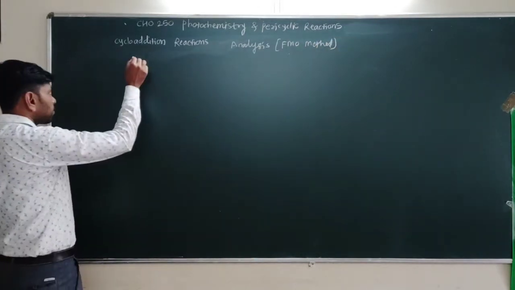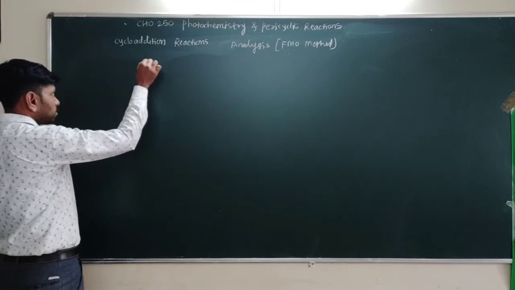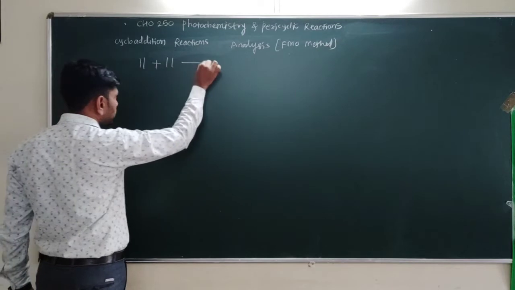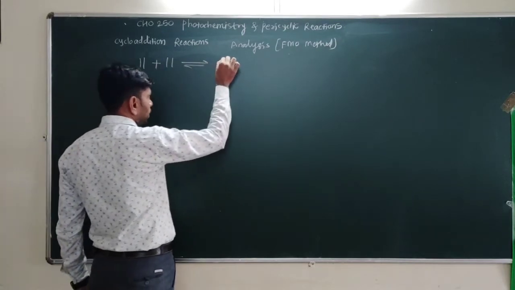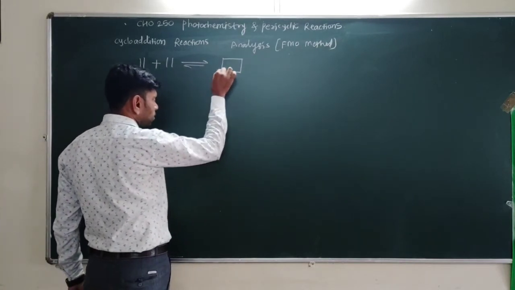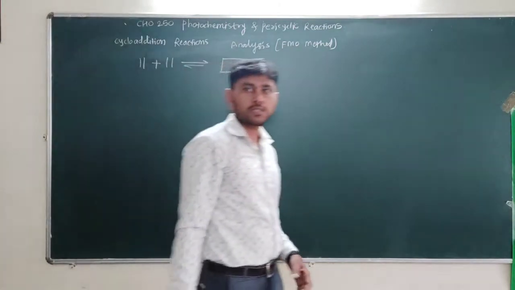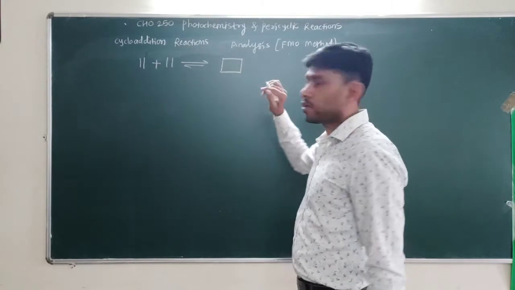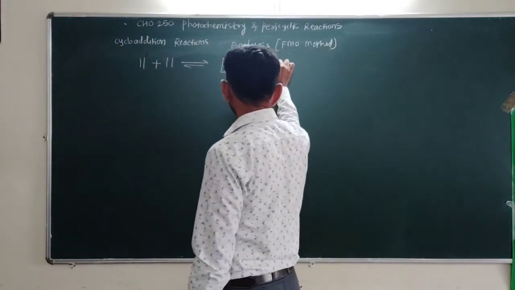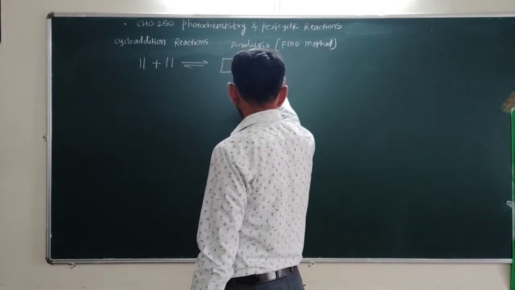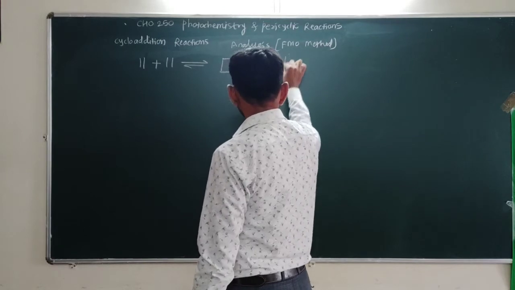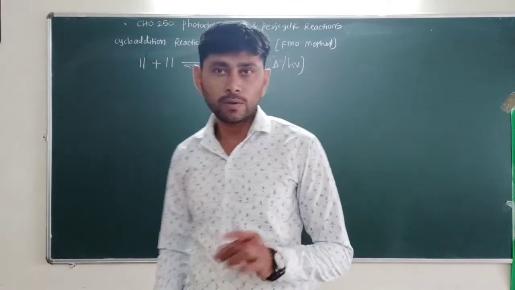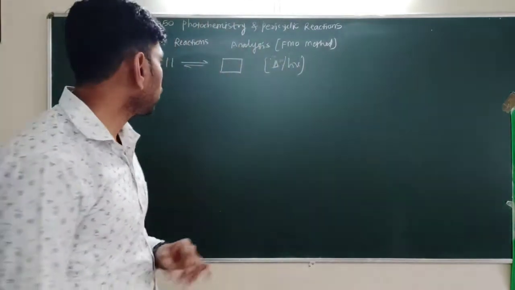see a general example. Here a 2 pi electron system interacts with another 2 pi electron system, and this system gives the cyclic product. So this is our cycloaddition reaction. Now by using the FMO method, we have to predict whether this reaction is allowed thermally or photochemically. Which mode of activation is required for this reaction, we have to find out by using the frontier molecular orbital method,